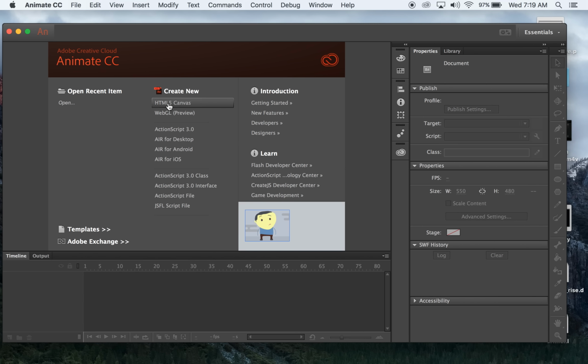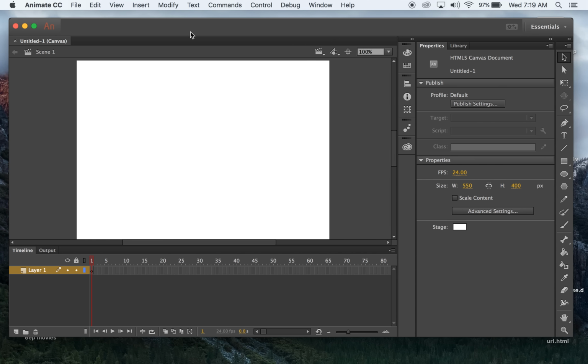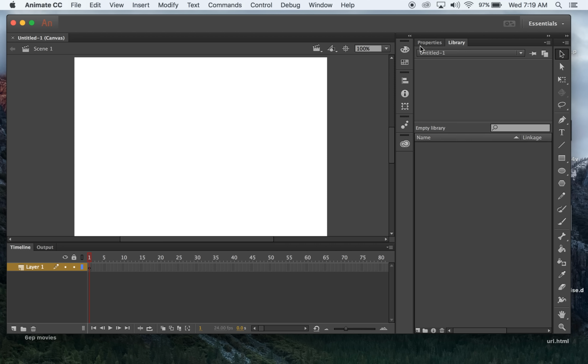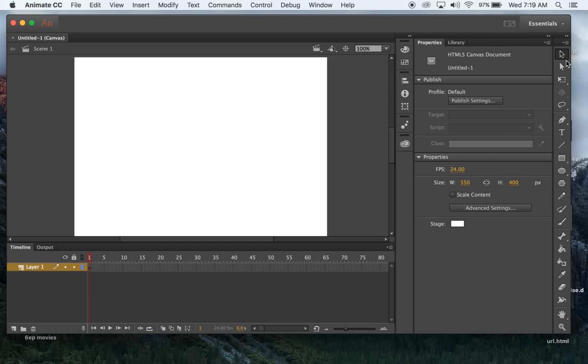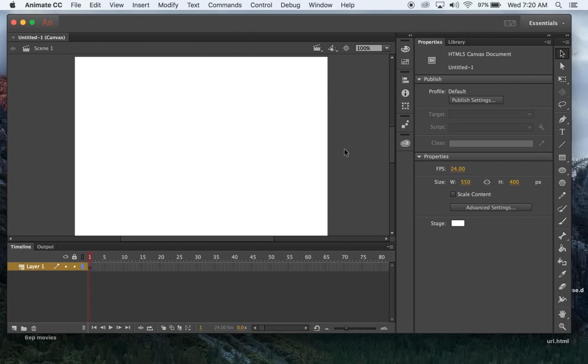Looks like that. We're going to take this HTML5. We're going to create a new HTML5 canvas, right? That's your basic thing. Now notice we've got a stage. We've got a timeline. We've got some panels here. We've got properties. We've got library. And then we've got some tools over here. Okay. So we're going to get into this, but right now, all we're going to do is we're going to